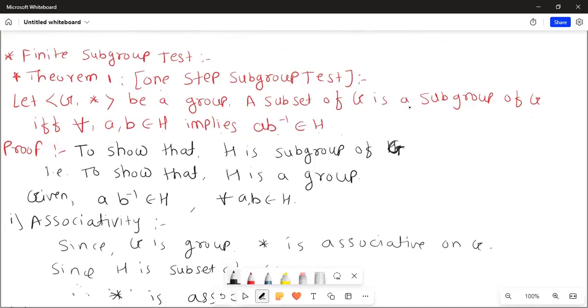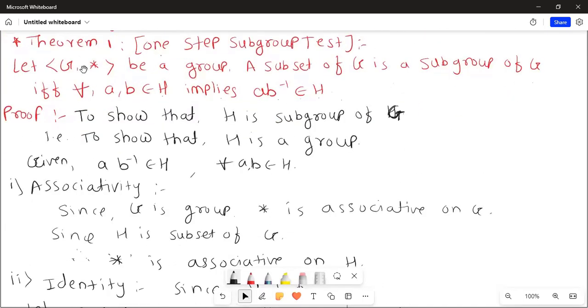तो पहले हमने क्या किया है, यहाँ पे देखो थ्योरम क्या है. लेट G स्टार बी अ ग्रुप है, तो हमें क्या प्रूफ करना है? A, B belongs to H implies A B inverse belongs to H. So we have to show that H is a subgroup of G, and that means show that H is a group itself. So subgroup की definition है. So given things A B inverse belongs to H for every A, B belongs to H. Then